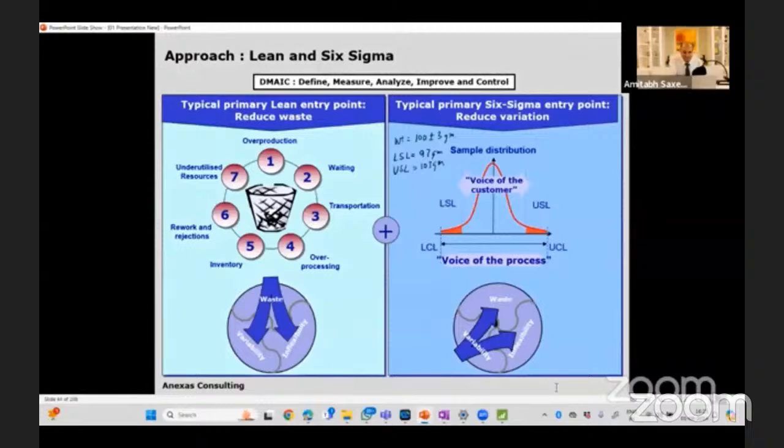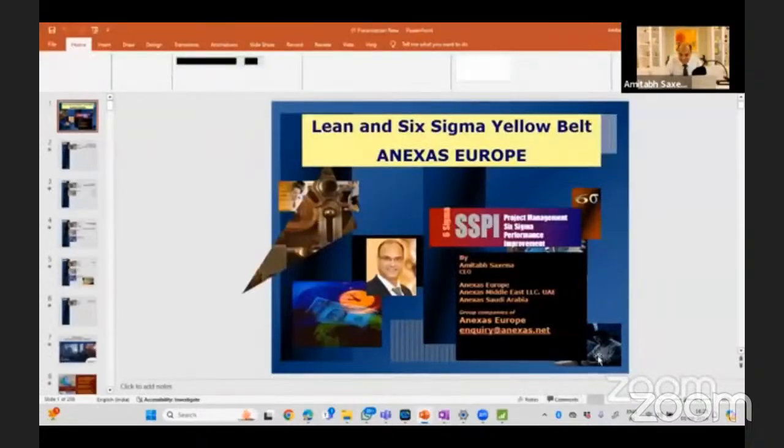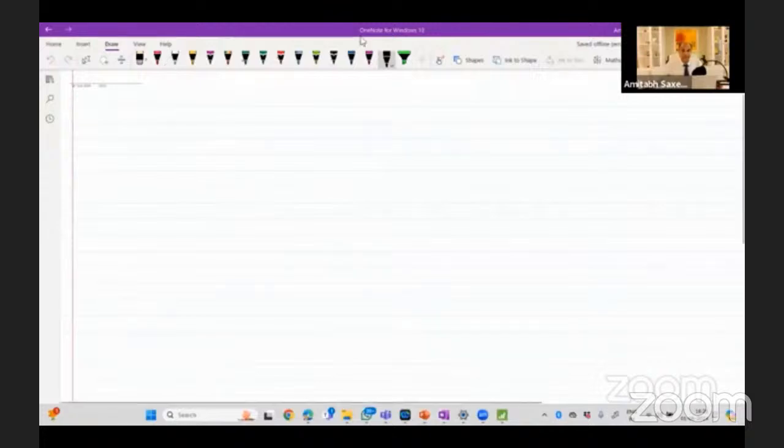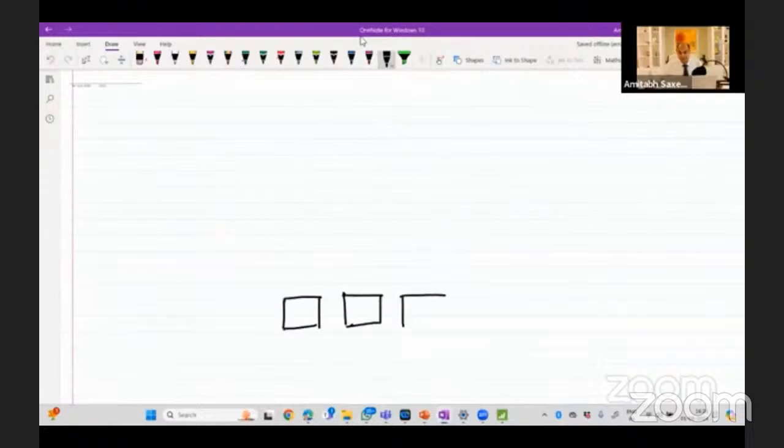And let me first tell you what Lean Six Sigma is. So Lean Six Sigma, as I said, is a project approach towards process improvement. You have to develop a systems mindset. What I'm going to do is I'm going to draw, and whatever I'm going to draw is representing all the organizations of the world. So if you think of your organization,